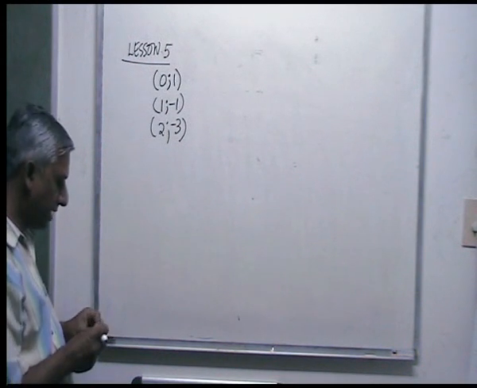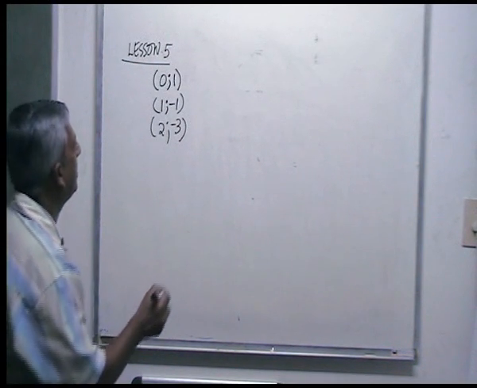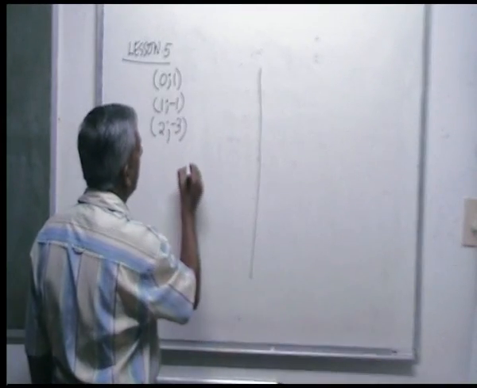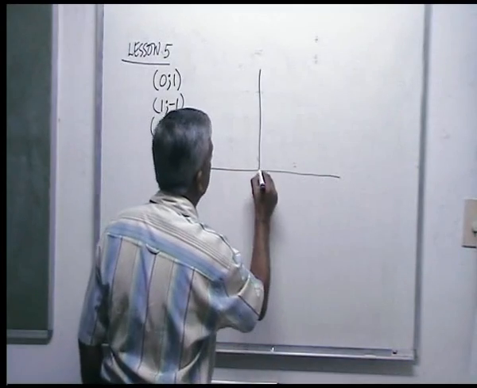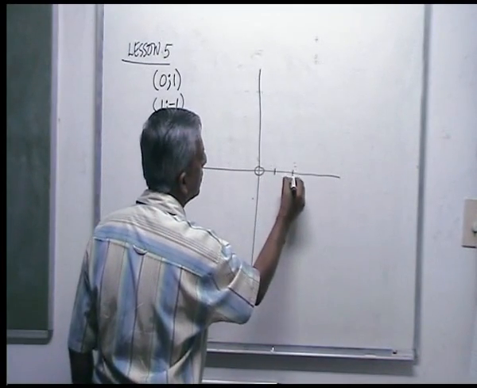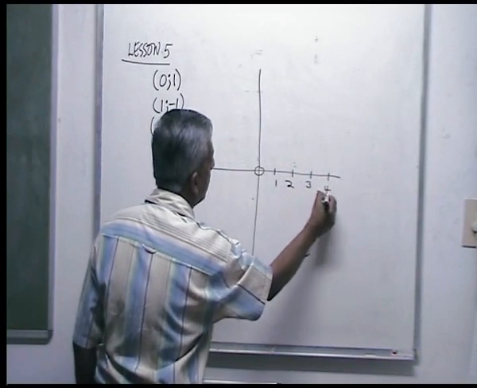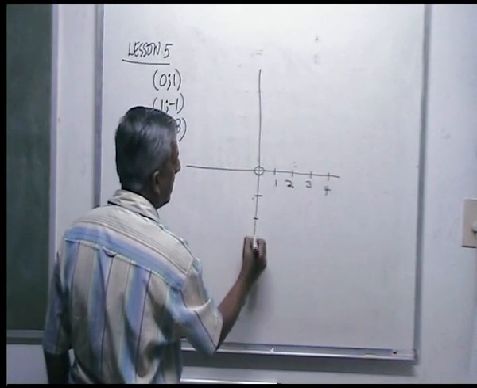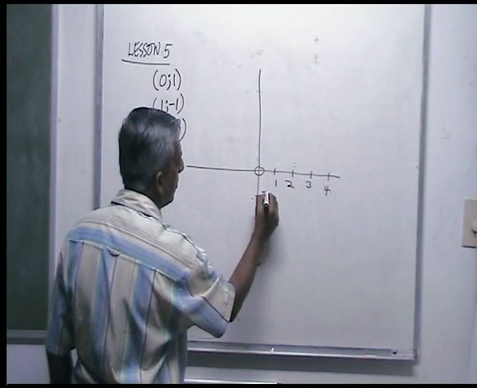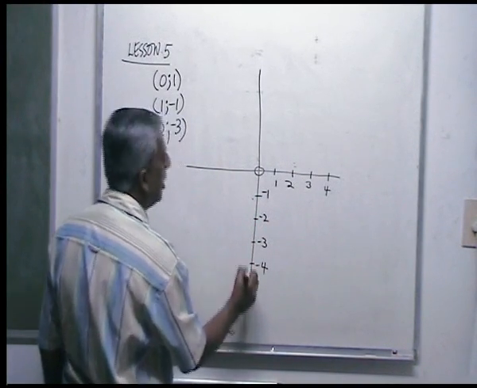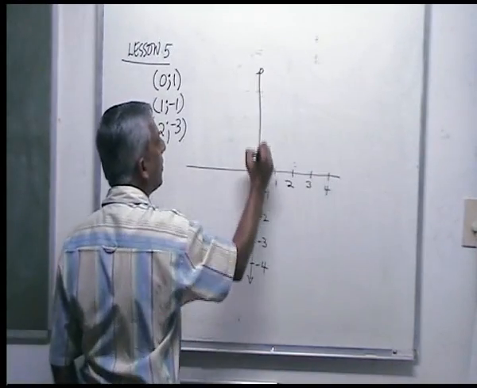Now, what we're going to do now is, you are pretty used to the graph paper by now, so I'm going to draw a graph paper here like this. I'll just draw a graph page here. There's your 1, 2, 3, 4. Of course, you're going to use graph paper, but there's your minus 1, minus 2, minus 3, minus 4. But you've got to train yourself to go away from